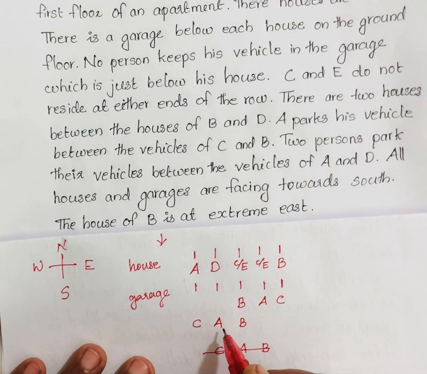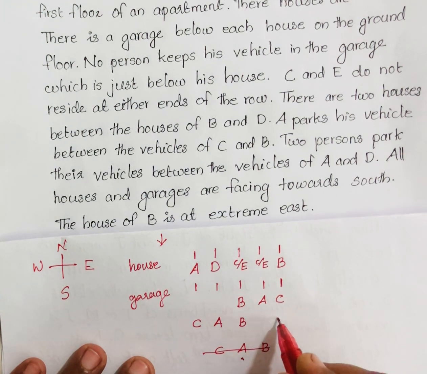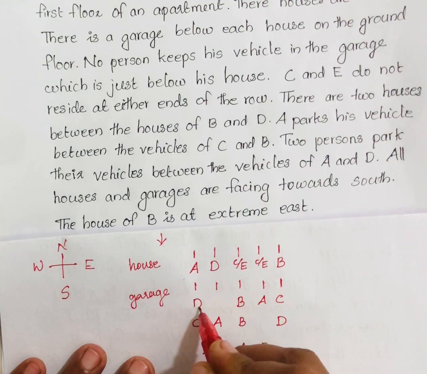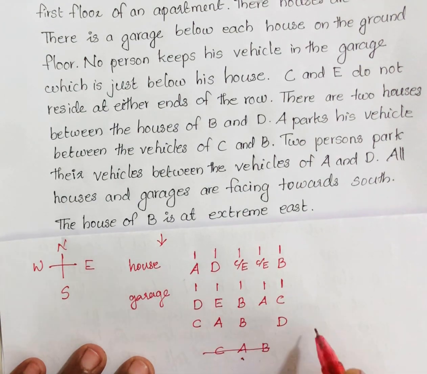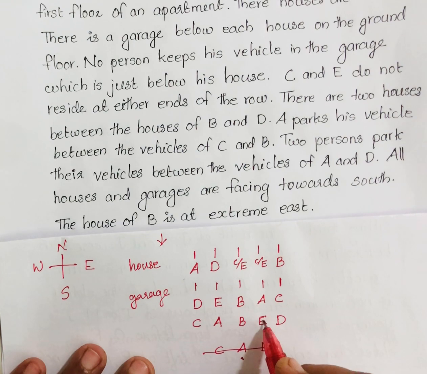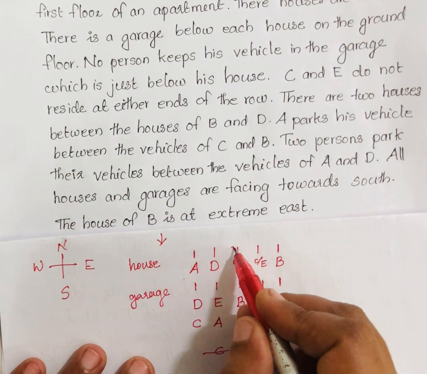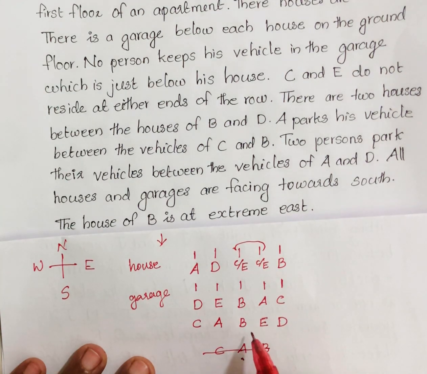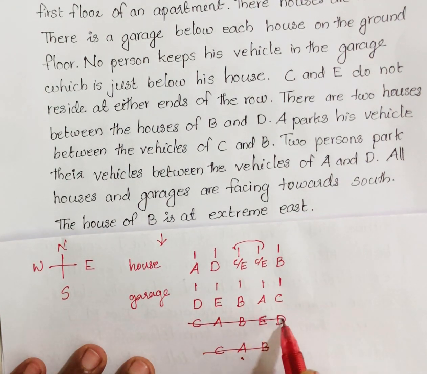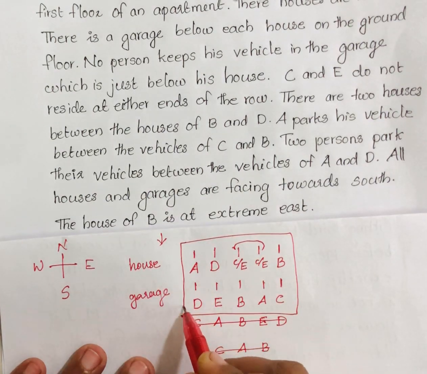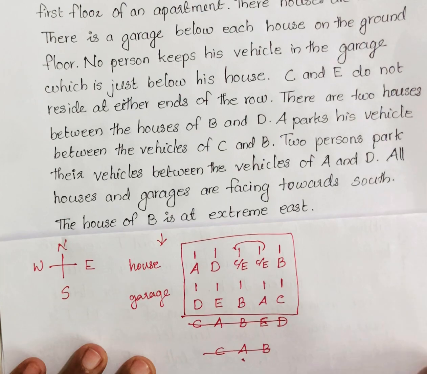here in this case we can apply that one, that is after 2 D can be here. In this case also after 2 garage D becomes here. So remaining one E is here. In this case also remaining one E is here, but that is not possible because these places are C or E. That is not sure. So this case also wrong. This one will be the correct arrangement. So this is the arrangement for house and garage.